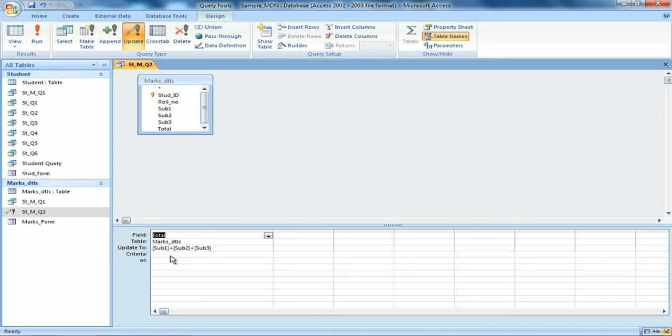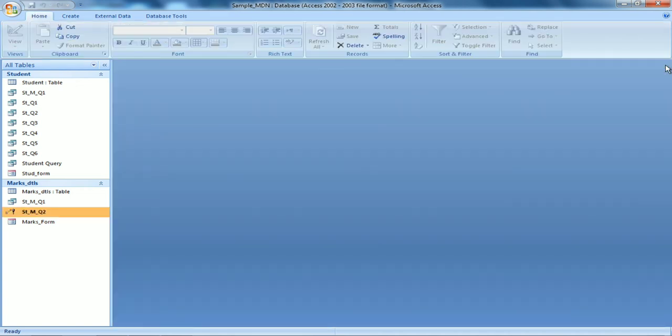So I have updated the total field with these 3 fields. I already had 3 details in each record, but the total I did not calculate. So with the query, I have calculated it and put it in the table. So this is updation of records using a calculated query.